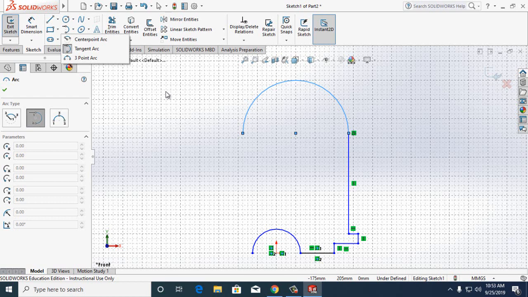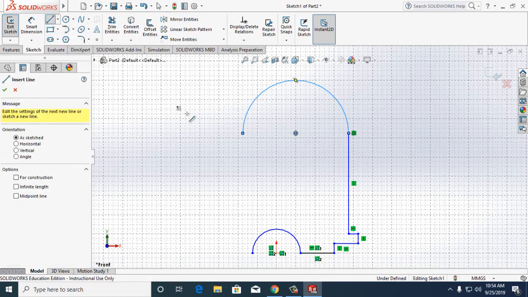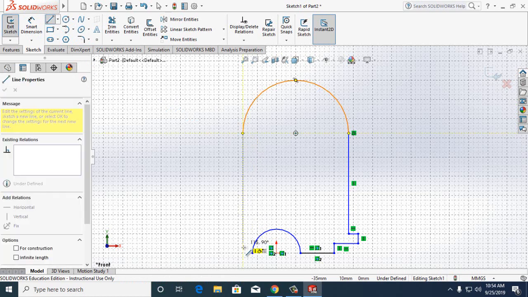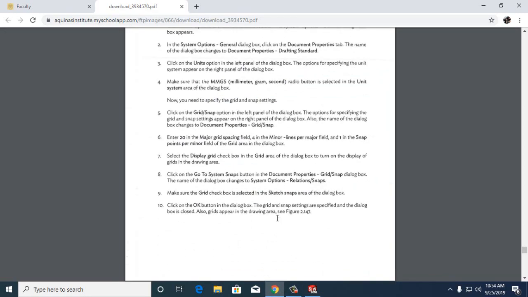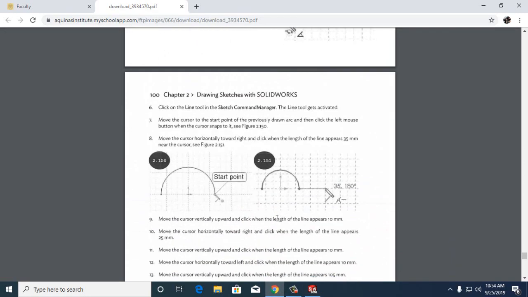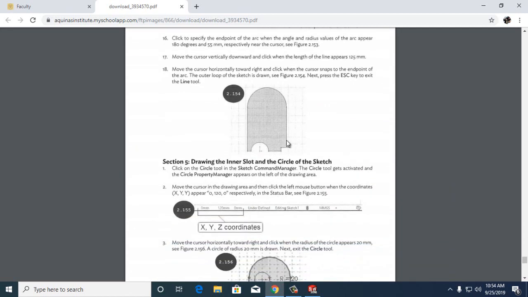And then I'm going to create a line that's 125 millimeters and close this up. So line, I start here, and I'm going to come all the way down 125, and then I'm going to close that up as 10. So I have this shape created right here. So let's go down, and I have this shape created as in figure